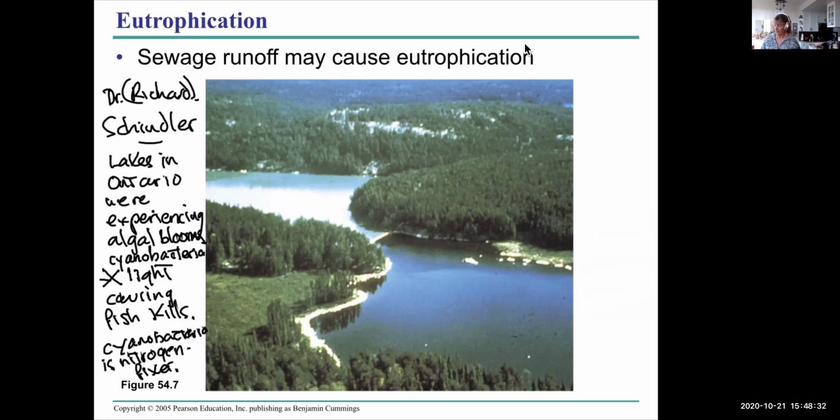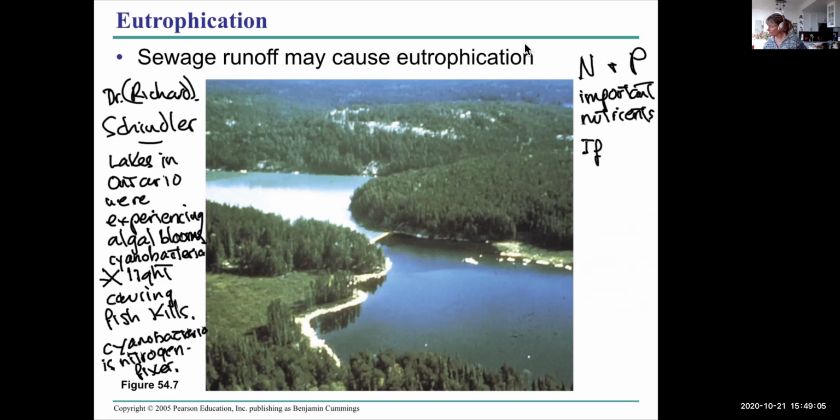So you can add nitrogen and phosphorus to a lake, and the more phosphorus you add, the better for the cyanobacteria because it can make its own nitrogen. And it turns out that, so maybe I should write this down, nitrogen and phosphorus are important nutrients, not just in lake systems, but also in terrestrial systems.